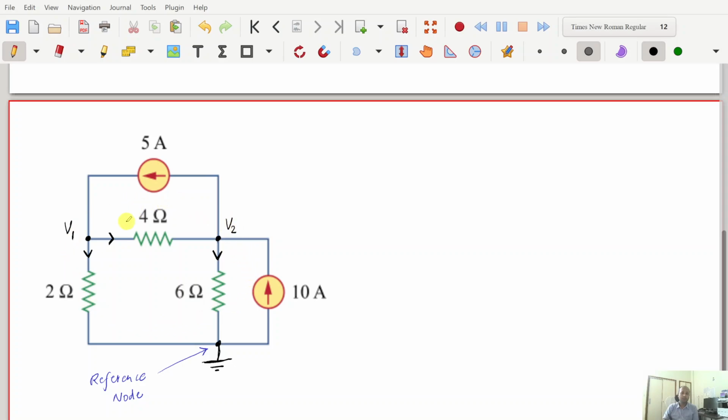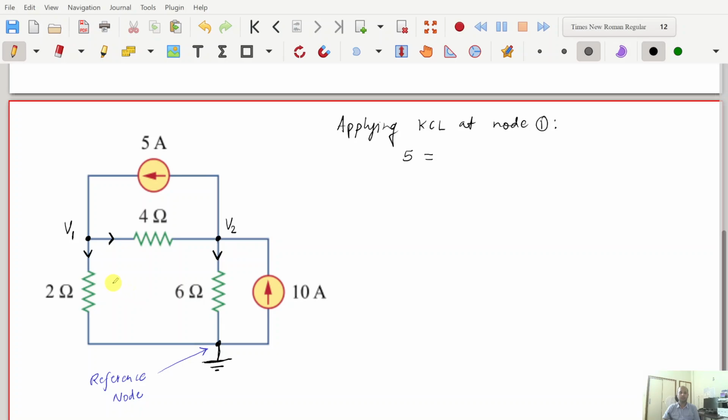Now, once we have marked the direction, the next step is to consider one node at a time and apply Kirchhoff's current law at each of the non-reference nodes. So let's say, considering the first node, applying Kirchhoff's current law at node 1. How do we apply? Sum of incoming current. Now there is only one current component incoming to node 1, that is this 5 ampere. So 5 is equal to, is there any? No. And then outgoing, we have two other outgoing